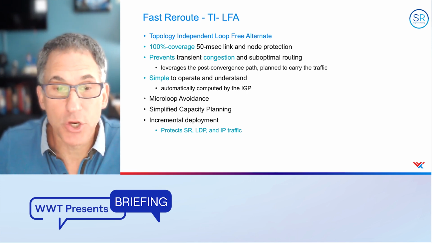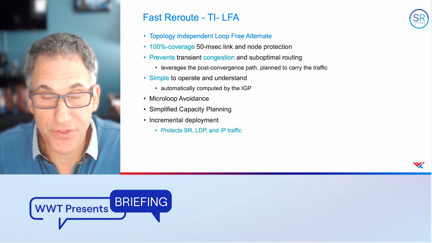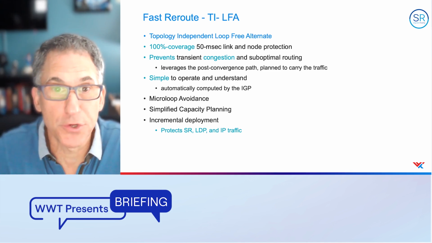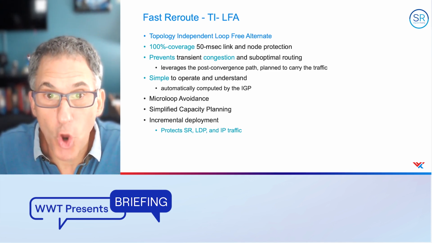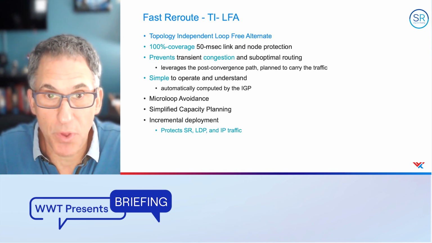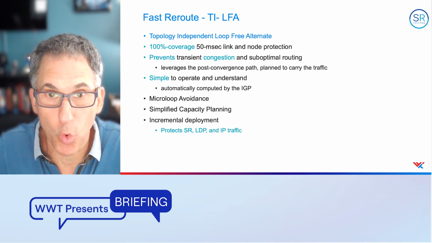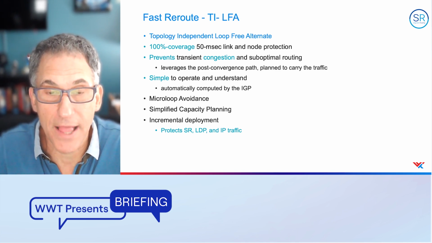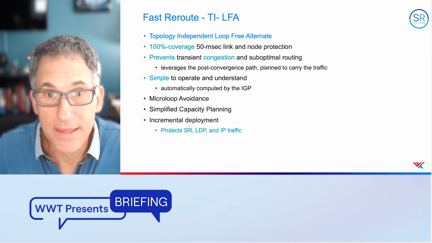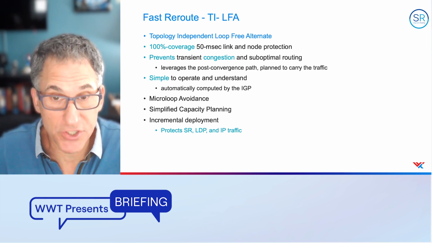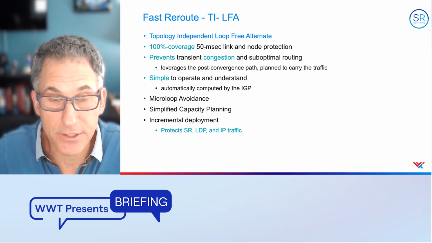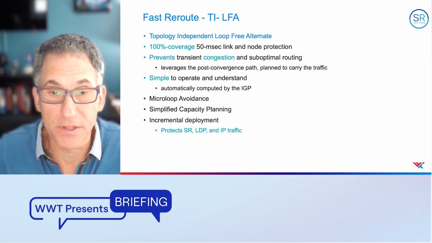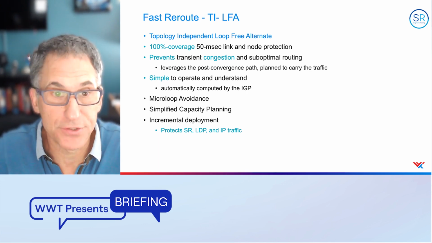What does that mean? Eventually, a routing protocol converges after a change in the network occurs. That is the post-convergence path. The TI-LFA path, until the network reconverges, is always the post-convergence path. That's not the case with RSVP fast reroute or the old LFA, classic LFA before TI-LFA. And the reason we're able to do this is because we have adjacency labels, and we can force packets out interfaces, get it to the right next hop, and then that next hop will ultimately forward the same original labeled value packet to the final destination.